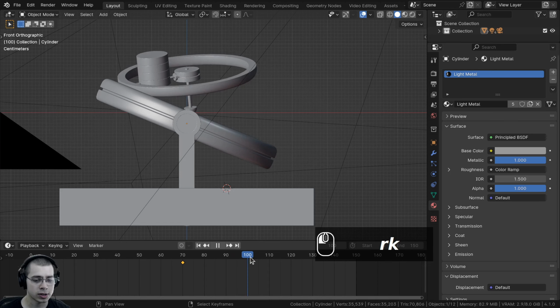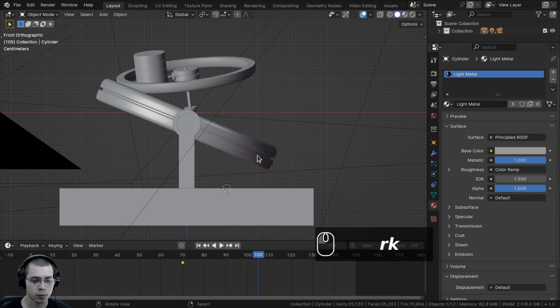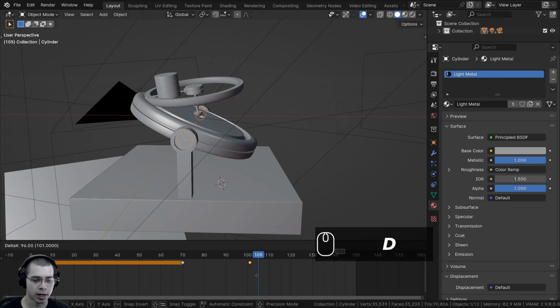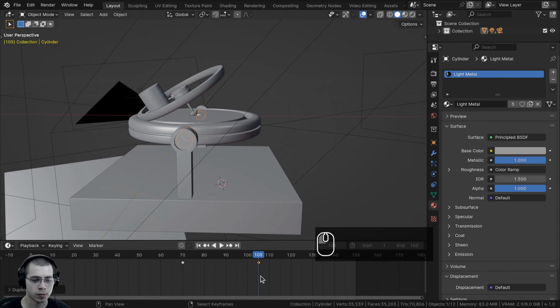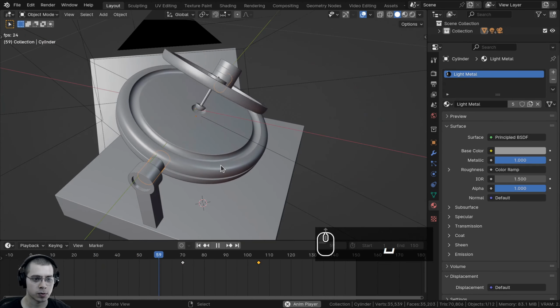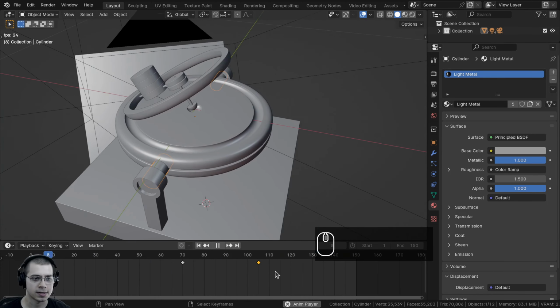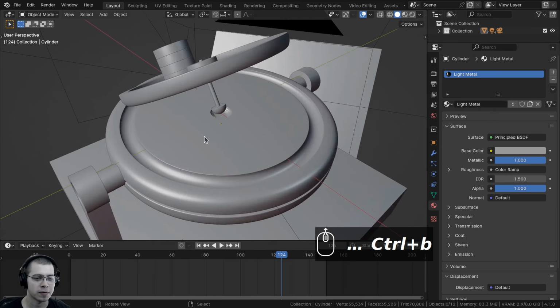Now I'm going to go over to frame 105, so move the playhead to 105, and I want to rotate this back. So what I'm going to do is just select the first keyframe, and I'll press Shift D to duplicate it, and I can drop it here at frame 105. So now if I play this, you can see it rotates down, it slides down, and then it kind of moves back up, and so then it slows and then stops there. So we can now get this ready for the rendering.